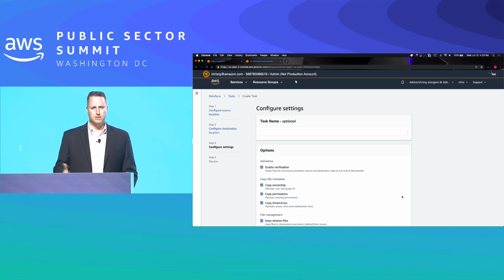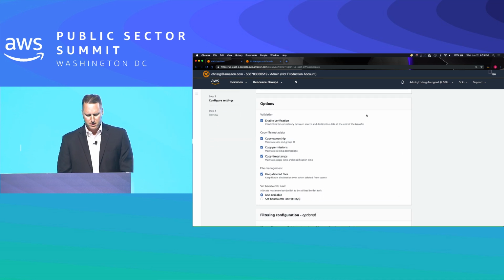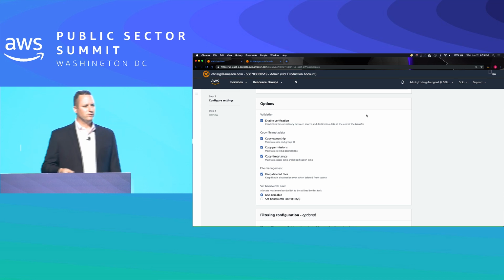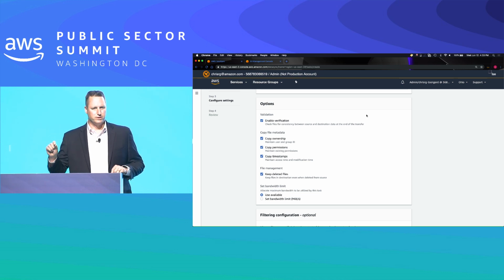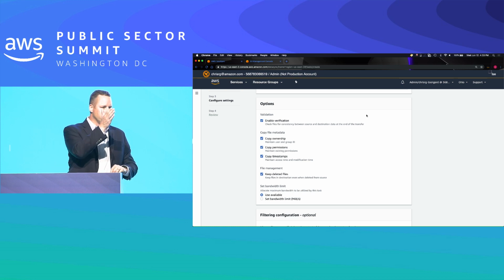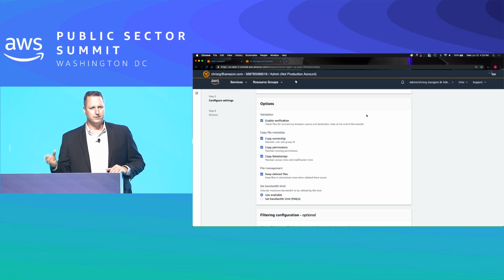I can give this a task name. It's optional. You know, if you have multiple tasks running, I would recommend that as a best practice. And then there's some options here that you can set. So verification. One thing that DataSync does is that it will validate and verify that the data that you want to copy actually gets to the destination, whether it's EFS or S3. That's a really key step in the whole process, right? Being able to know that bit for bit, what you copy from your source actually gets to the cloud, it gets to S3 and is verified is very valuable. We've had customers tell us they spend lots of money in the tens of thousands of dollars to validate and verify data. So DataSync does that